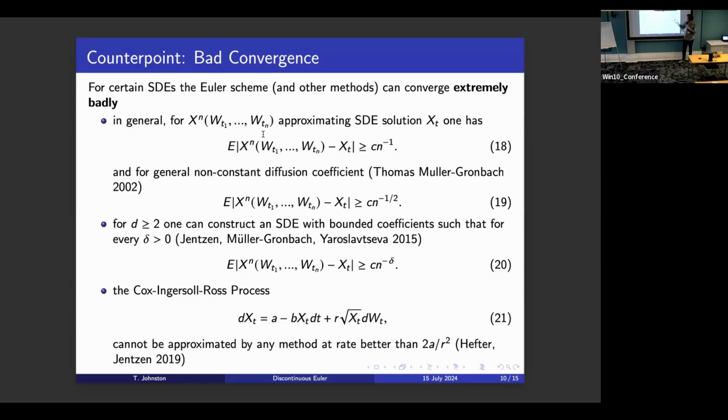And I think in general, the fact that the step size is non-constant here doesn't improve anything. But for adaptive methods where you choose at point T1 where to pick T2, in some cases that can actually produce much better convergence. I think, for instance, for this Cox-Ingersoll-Ross process, if you have adaptive methods, the rate of convergence can be much better than it is for non-adaptive methods. Yeah. Thank you.